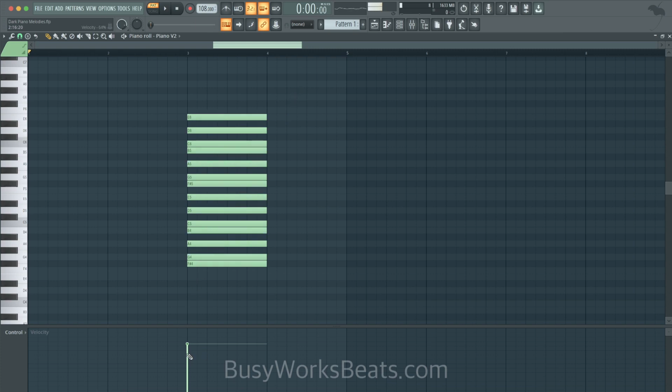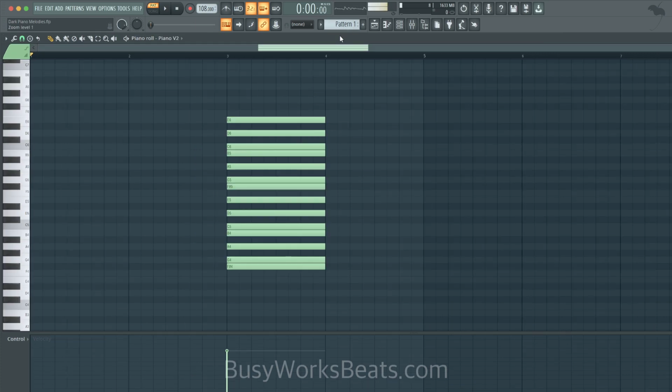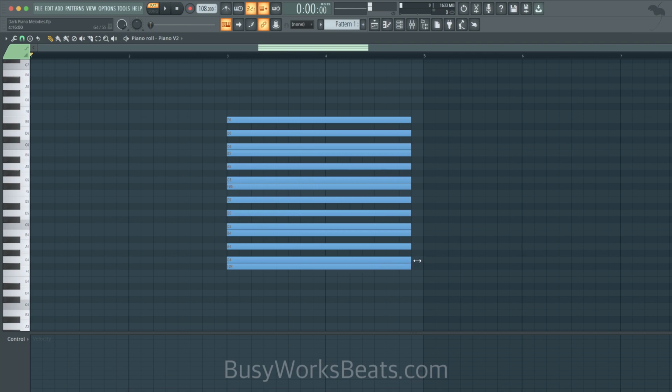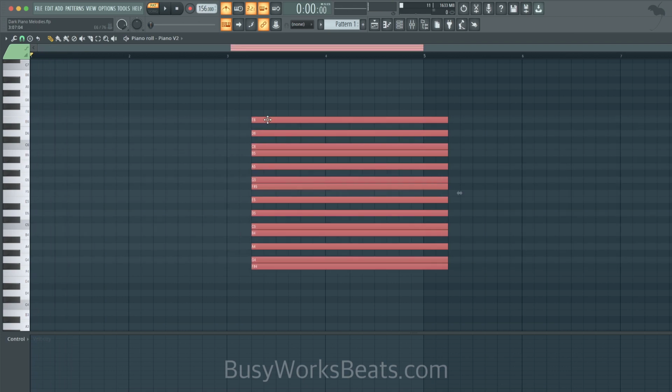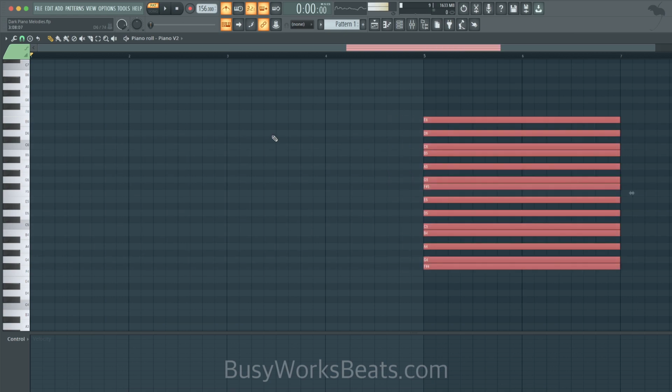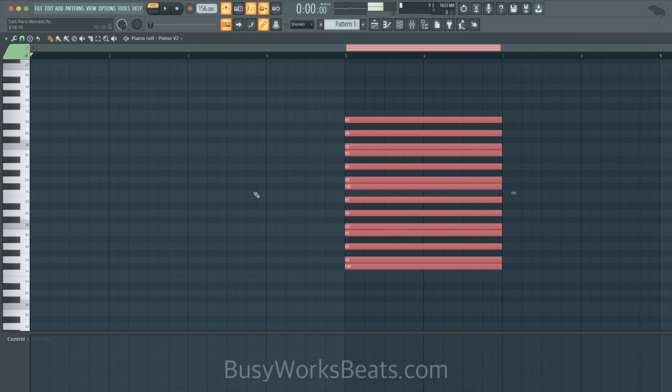So if you don't see this little velocity thing at the bottom, double click on your piano roll bar, and left click and pull the velocity down. So these are silent notes. We're just using these as a guideline. You could even drag them out if you need to. So I'm going to pull them over to, let's do like a 156 melody. And let's drag this over so that we have enough room. I like to leave at least 4 bars of room.